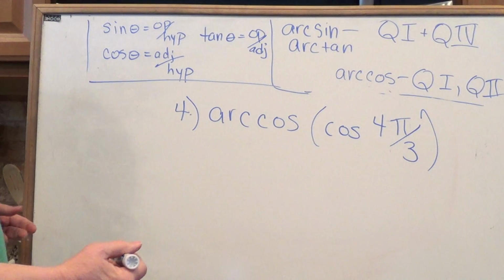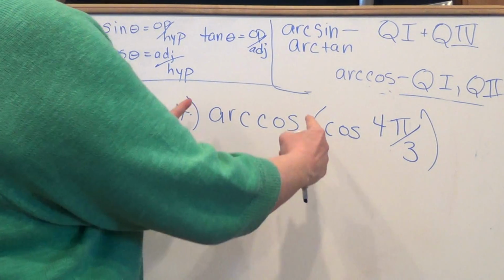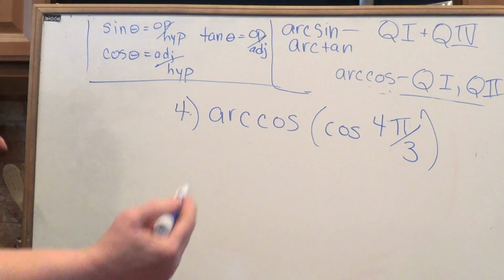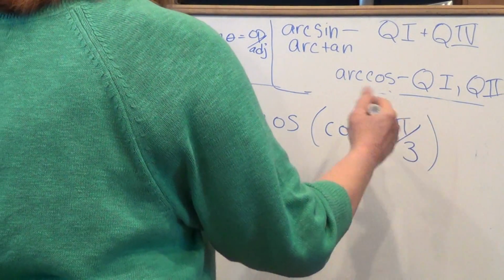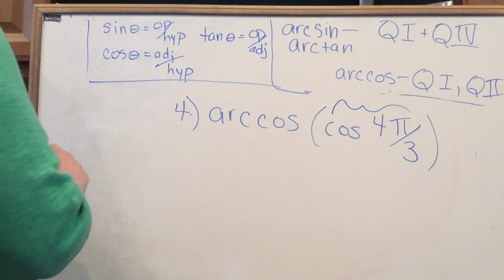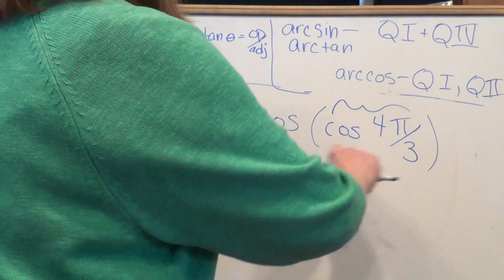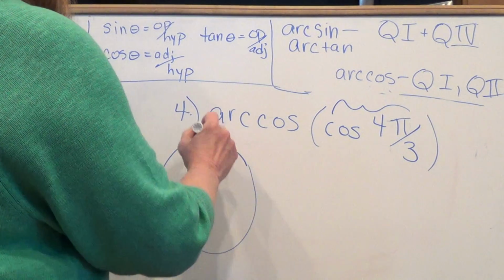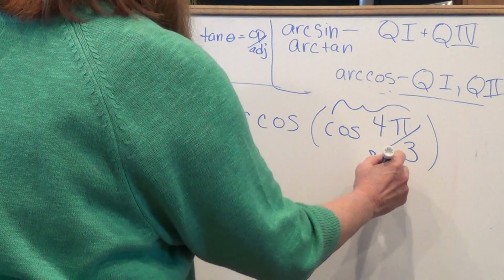It does not. And also, this one's a little different than the previous ones because before the arc cosine was the first thing we did. It's not always. So we just follow our nose and let that decide for us what we do first. So we go mathematically into the inner court, and this time we don't find an angle that has this as its cosine. We actually take the cosine of that angle. So looking at the unit circle, 4/3 pi is the same as 8/6 pi. So